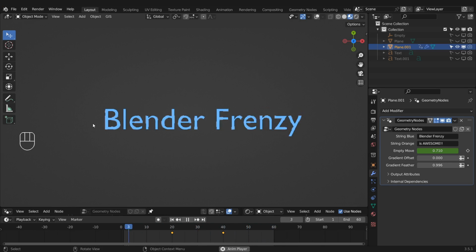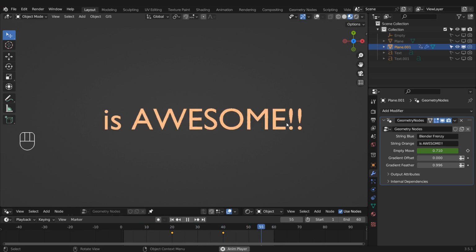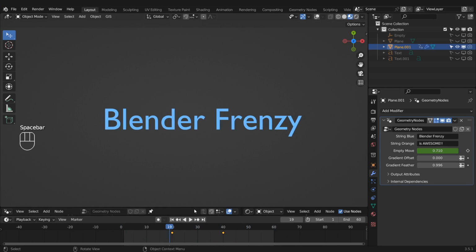If you've been following the past couple of tutorials, this is what we have made. So this is the result of our text fading out and fading in. You can see we have a couple keyframes. So if you're just jumping in here in the middle and you want to follow along, you have a couple